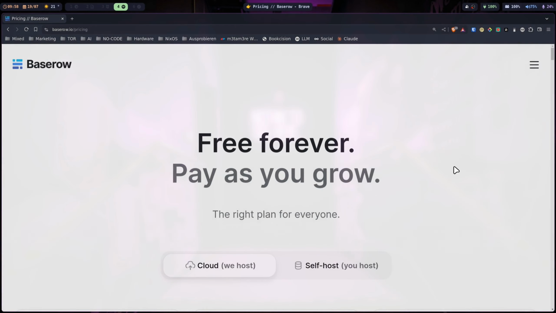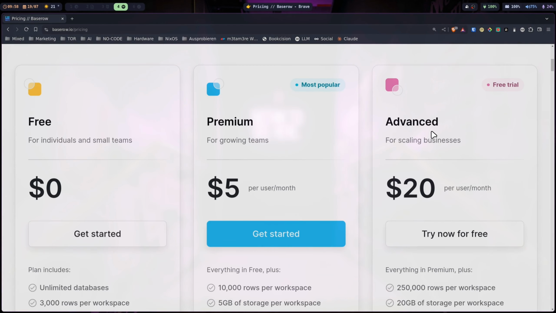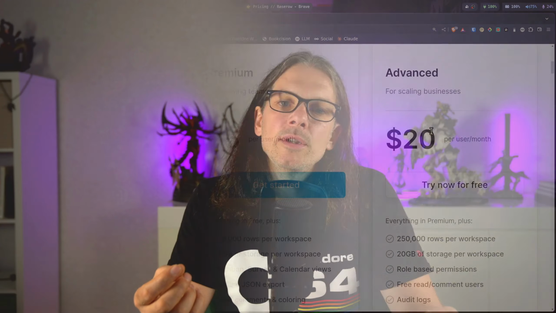To follow this tutorial, you will need two things. You will need an OpenAI account and you will need a Baserow account. That can be the Baserow Cloud or it can be your own instance if you have one. Just a quick disclaimer, Baserow is free and open source software, but the AI functions and fields are part of the premium subscription, but that's only $5 a month. That's basically a steal when you realize the potential using Baserow for various tasks.